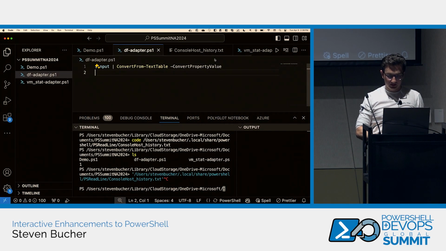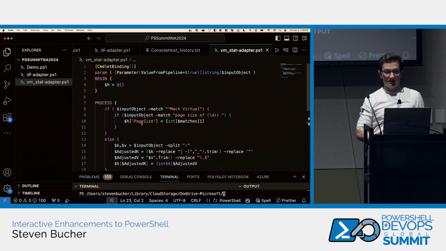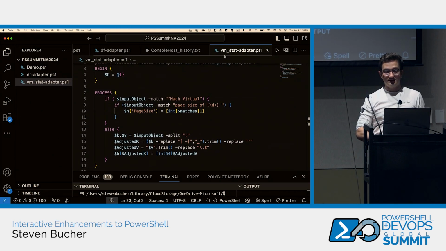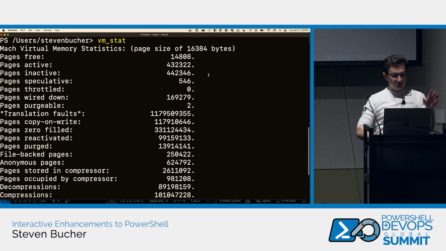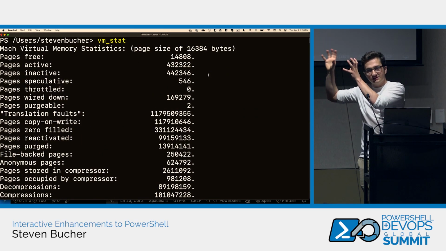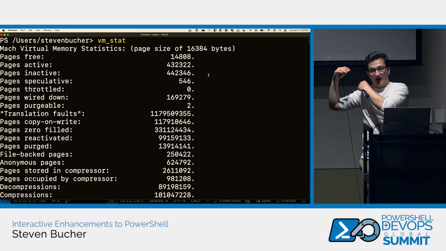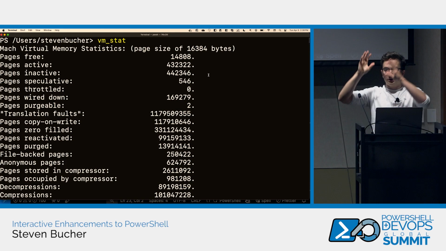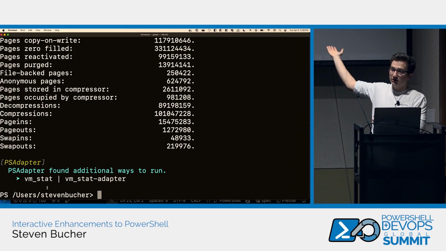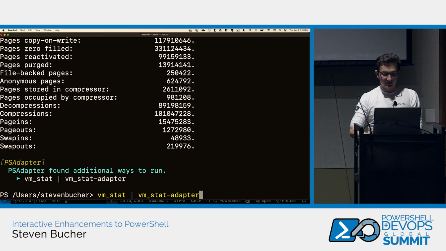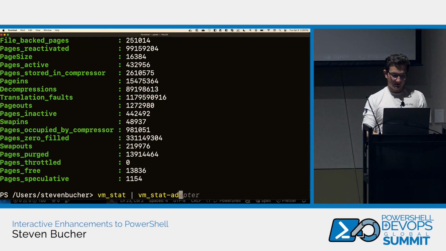You can also do this with more complex commands. This is an adapter we created to help adapt vm_stat. vm_stat shows the output in a mostly organized way, but it's not exactly tables, and it's not supported by jc either. So we created this adapter to find the right delimiters and the right ways to split up this text, and it shows a suggestion: hey, you can use the vm_stat adapter here and get it in PowerShell objects. So now I can select, actually I'll do it with